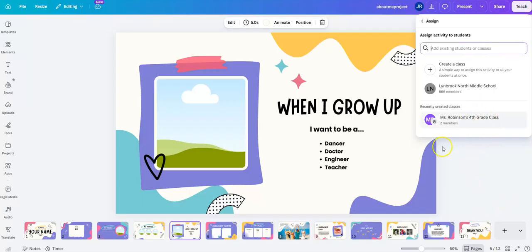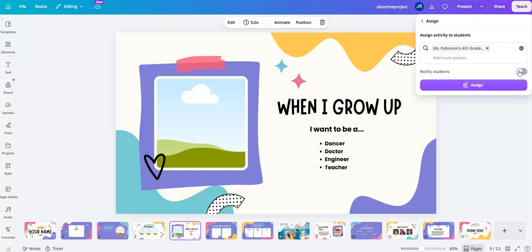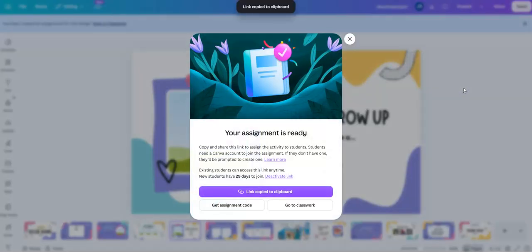And now you can see here is my class. Because we roster through Classlink, all of the classes that you teach will automatically be listed here for you to choose from. So I'm going to click on my class, and then I'm going to uncheck this because I don't want to notify my students via email. They don't have email, so I just want them to access this through Canva. Then I'm going to click Assign,